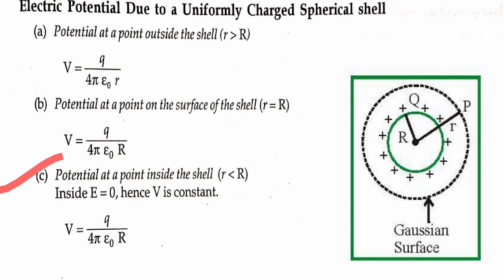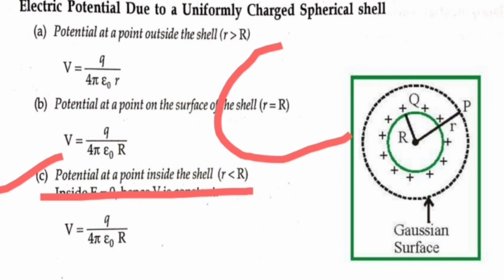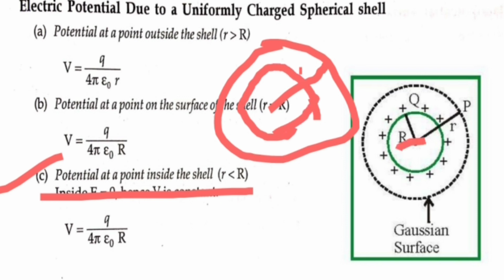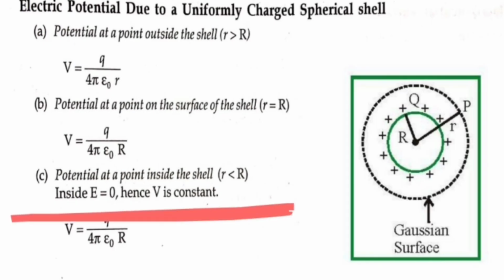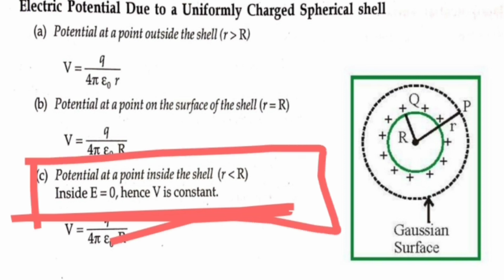You are here to consider the potential at any point inside. So suppose this is your capital R, and now you have to consider a Gaussian surface that is smaller than capital R. Have you got it? You need to consider a Gaussian surface having a radius less than capital R. If you consider so, then there is no charge contained. If the charge becomes 0, then inside that sphere the value of E will become 0, right?